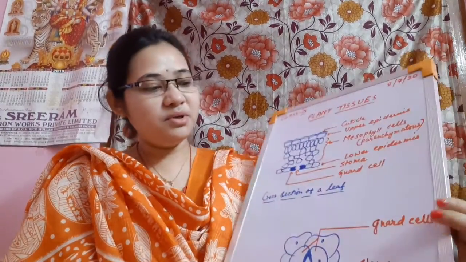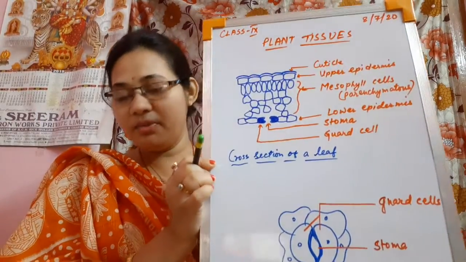Now let us see the next one, that is stomata. As you know, stomata are tiny openings present in the lower epidermis of leaves. These minute openings help in the exchange of gases like oxygen, carbon dioxide, and water vapor. So these stomata also help in processes like respiration, photosynthesis, and transpiration. Let us see with the help of a diagram how the epidermis and the stomata help the plant in performing